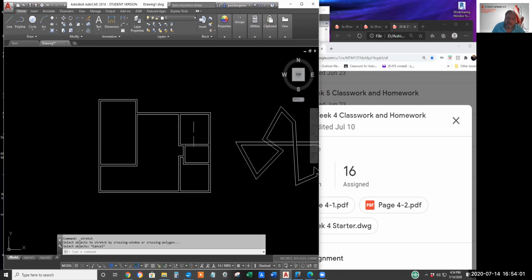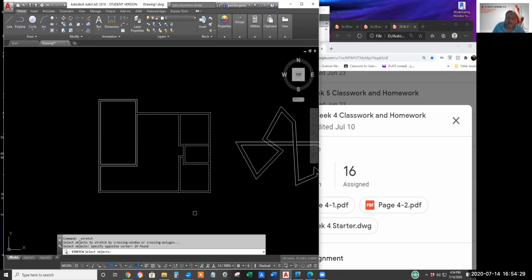So you might hold the shift button and deselect something. Anyway, if you modify your selection set with a crossing window a second time, all bets are off. The crossing window that the stretch command will operate on is the newest or the last crossing window.